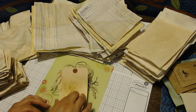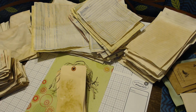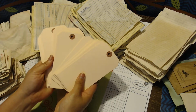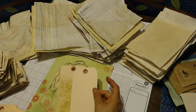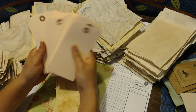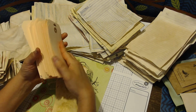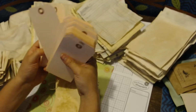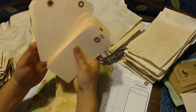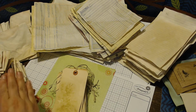And I wanted some more. So what I have done, you guys will be excited, is I have ordered these. They are a little shorter than hers because I got a better deal on the shorter ones, and I thought, well, that's okay, I can start with these. So I ordered 1,000 of them. So I've got tons of stuff to do, and they're all going to get made up into different tag things,